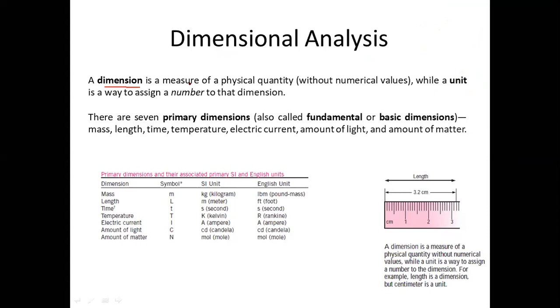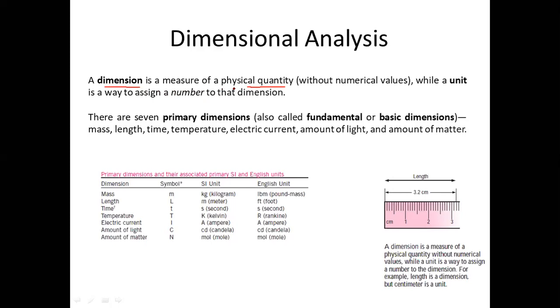So the length of your feet, let's say it is some value, so that value is the physical quantity. You have measured your feet, that is, you have taken the dimension of your feet, and accordingly you are buying the shoes. So similarly the dimension is the measure of the physical quantity. In our case it is your feet. Similarly in engineering, it could be other quantities, let's say the length of a path, or the mass of a particular object. So these are the dimensions.